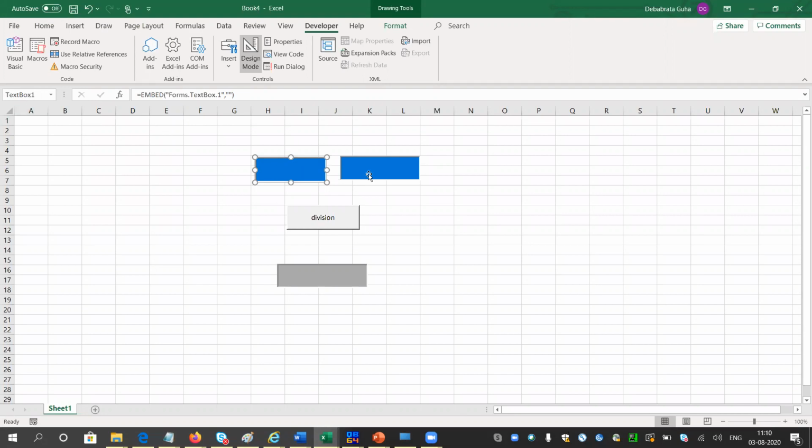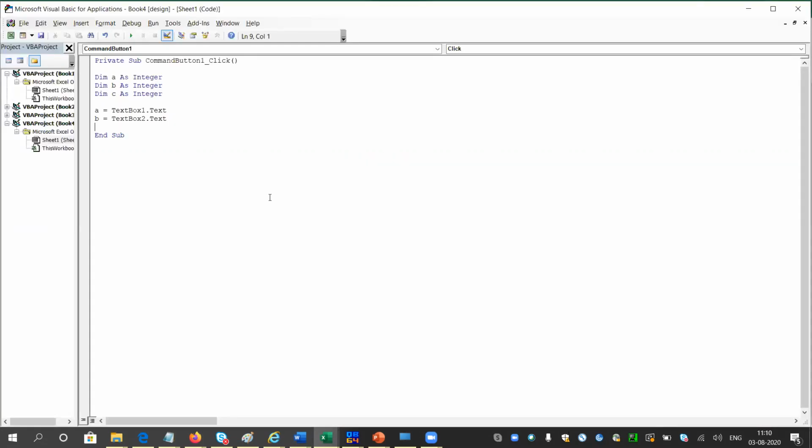This is text box 1 and this is text box 2. Whatever value is written here will go inside A, and whatever value is written in this text box will go inside B. After that, C equals A divided by B, and text box 3 will show the answer C.